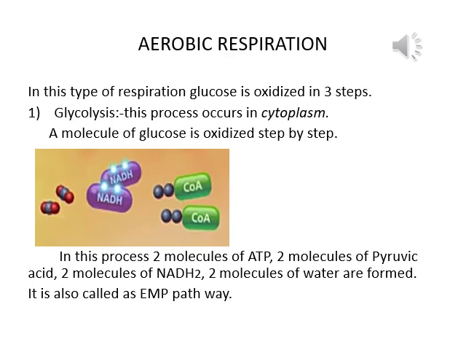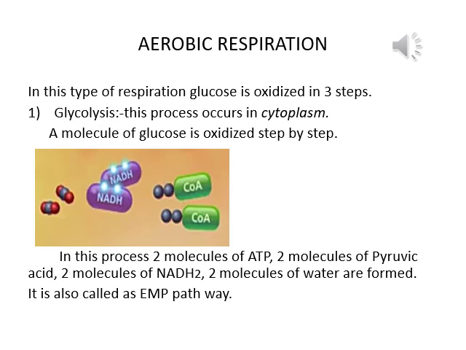Number one, aerobic respiration. In aerobic respiration, glucose molecules get oxidized step by step. There are three steps of aerobic respiration. Number one is glycolysis. Glycolysis occurs in the cytoplasm. Once again, I repeat, this process completes in the cytoplasm. During glycolysis, one molecule of glucose is oxidized step by step.